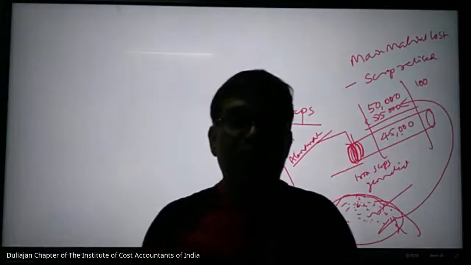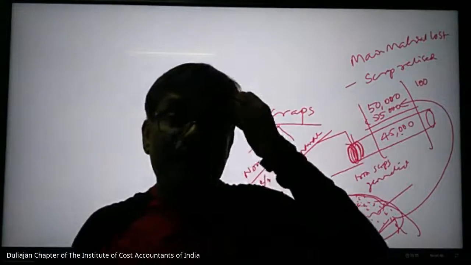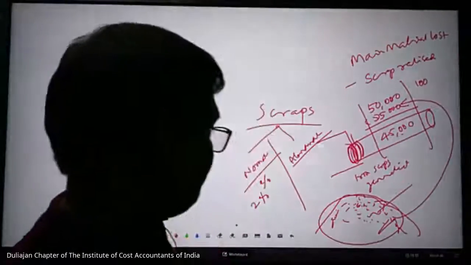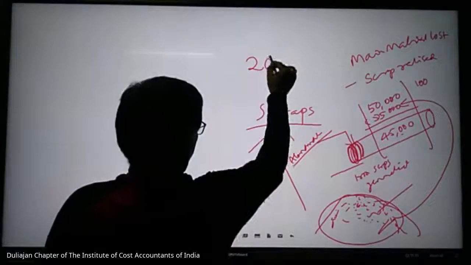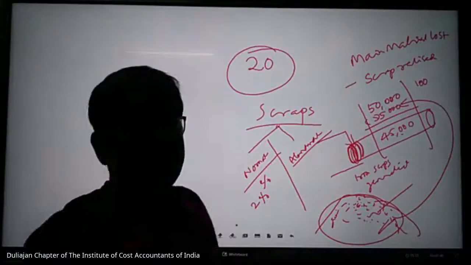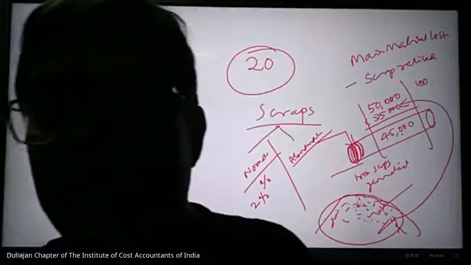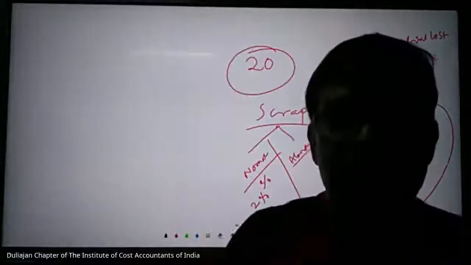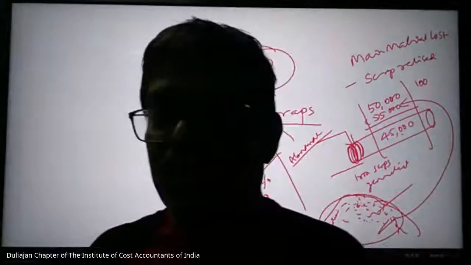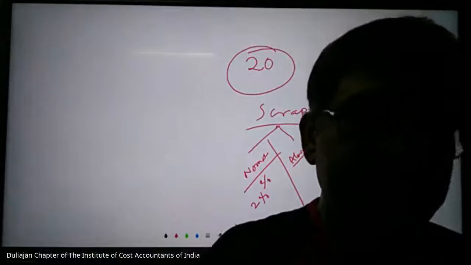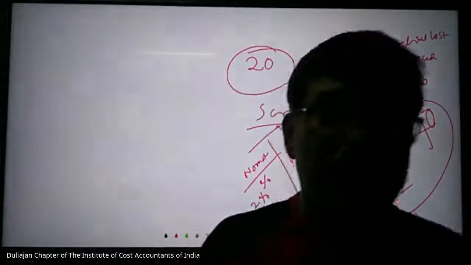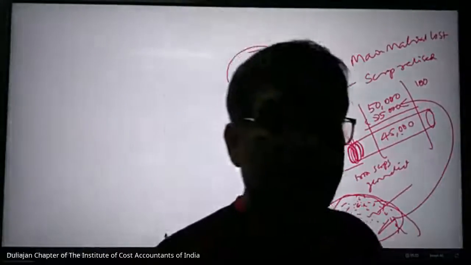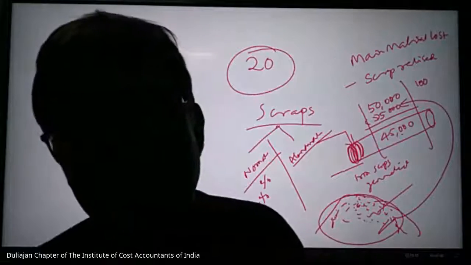Illustrations are very simple, but remember, in your prime cost and overheads in your cost accountancy chapter, minimum 20 marks you will get from materials. You take it for granted. Up till now, whatever we have studied, minimum 20 marks you will get. So this is a very simple subject, a mark-fetching subject. Just read the concepts, and I hope everybody has understood the concept. Next class, if possible, we will do some problems from your doubts, and we'll move on to labor.